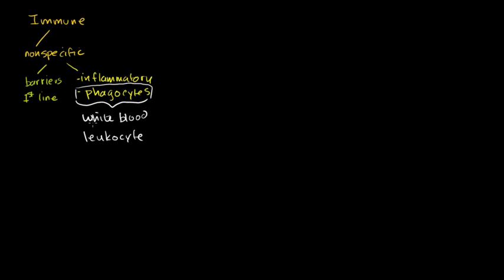Now, the really interesting thing about our immune system is that the non-specific part exists across many species and types of organisms. But the specific is thought to be a newer adaptation. What I'm going to talk about is the specific immune system that's particular to humans. So you have your specific immune system. That's our other classification. Or you can imagine it's an adaptive immune system.